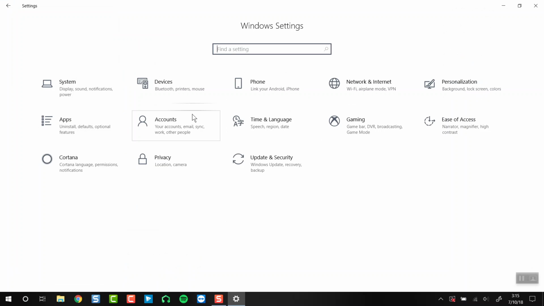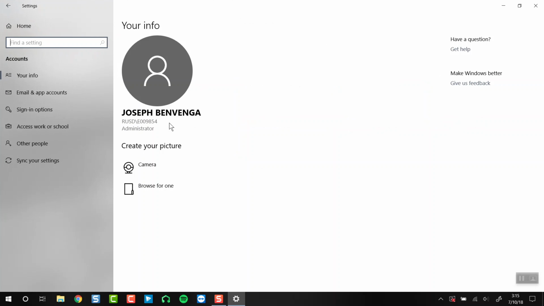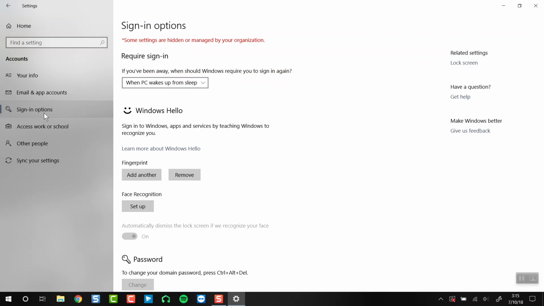All right, now this is kind of fun. We're going to go to Accounts. In Accounts, it looks a little bland to start. However, bear with me for a second. Now we have some sign-in options here. So if you don't always want to type in your password because you have 1,000 things going on in your daily